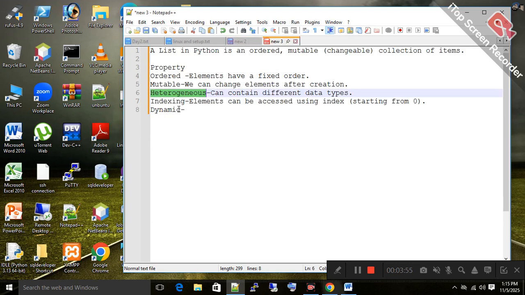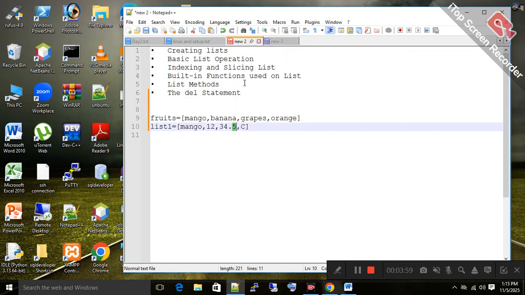Another is indexing, which I just explained. And dynamic means list size is not fixed. We can either increase its size or decrease its size during execution. So that's why we say that a list behaves dynamically. So let's